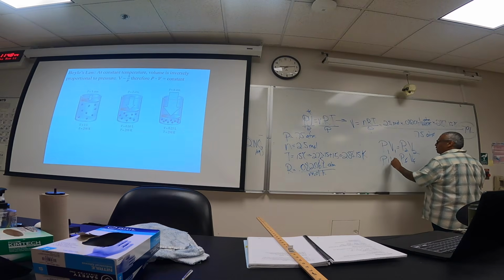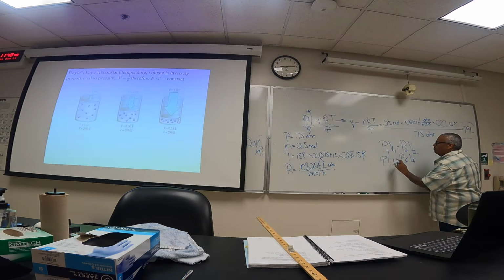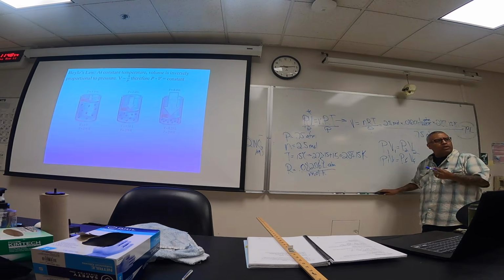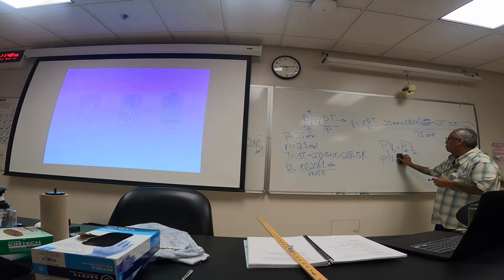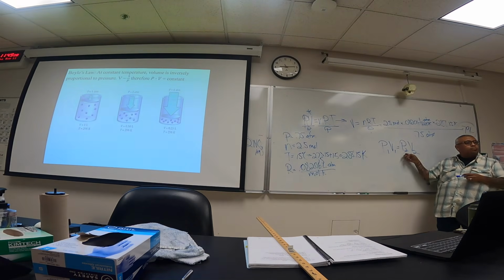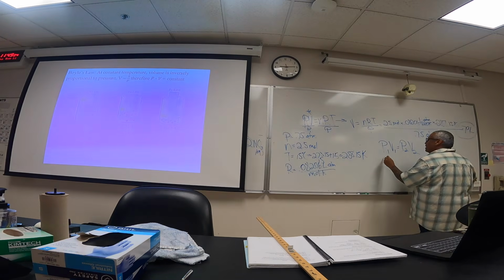use numbers instead. Initial pressure and initial volume, final pressure, final volume, but we don't write that. We just write it as 1 and 2. So initial pressure, initial volume, final pressure, final volume. If my initial pressure